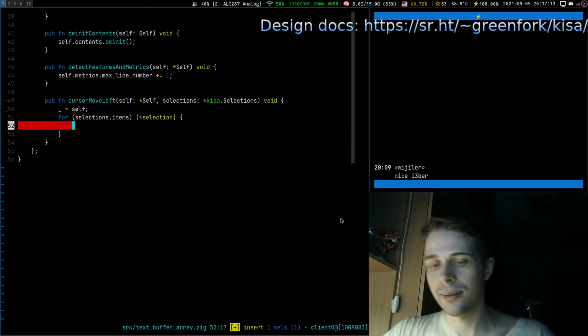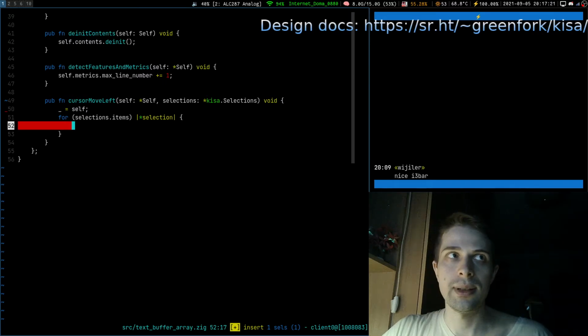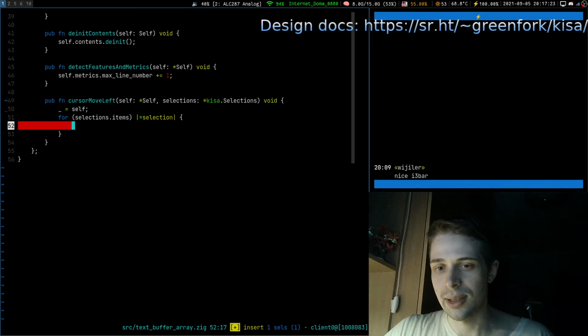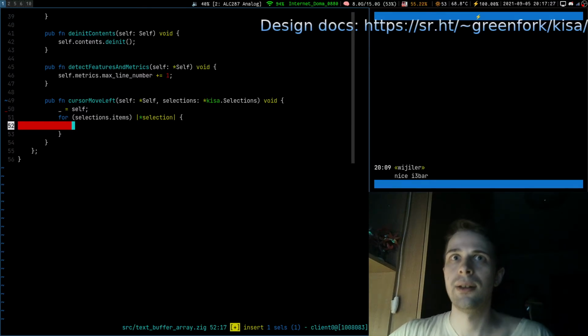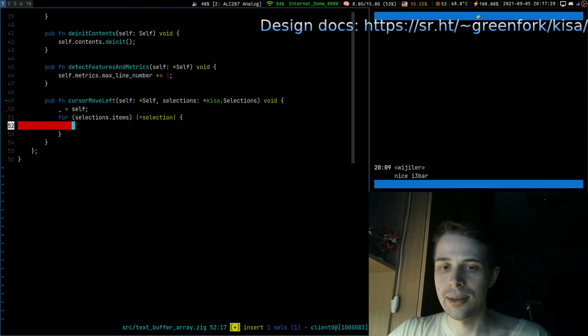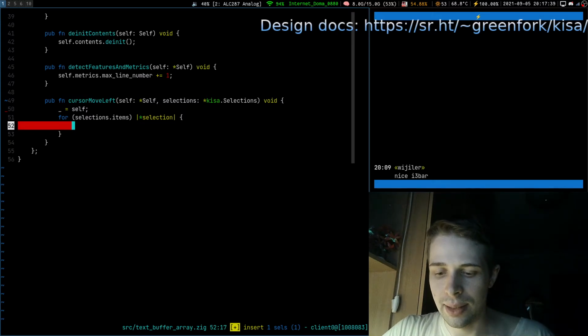So, for each selection that we are going to modify, we have two options, I believe. If it is at the very beginning, and if it is not at the very beginning. And, of course, also if it is anchored and if it is not anchored, right? Okay, let's say it like so.